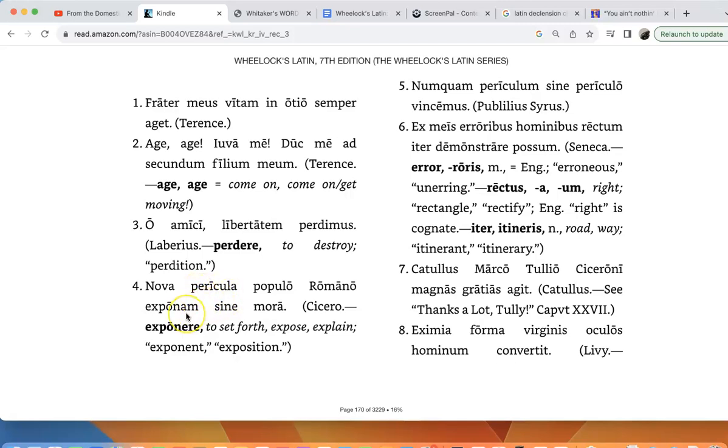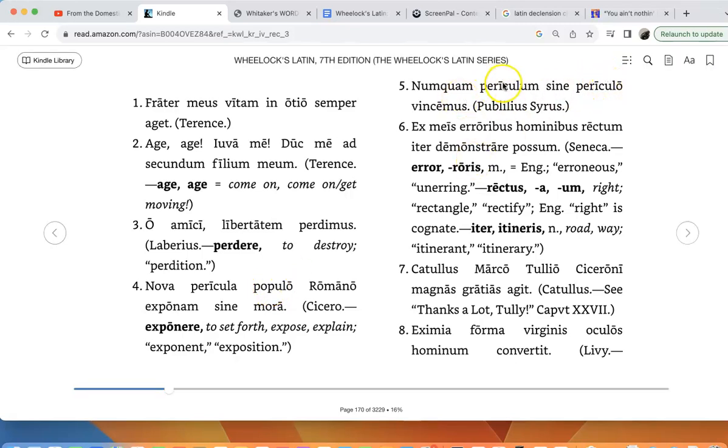And so most verbs do end in -mus, -tis, -nt, but first person singular often ends with M as well. So this one is a little bit trickier, but again, they give us the vocab here, and I think we just explained it. All right, numquam periculum sine periculo vincimus. Again, the Wheelock does a really good job of, this one is a little bit tricky, but they give us the same vocabulary, or some of it,